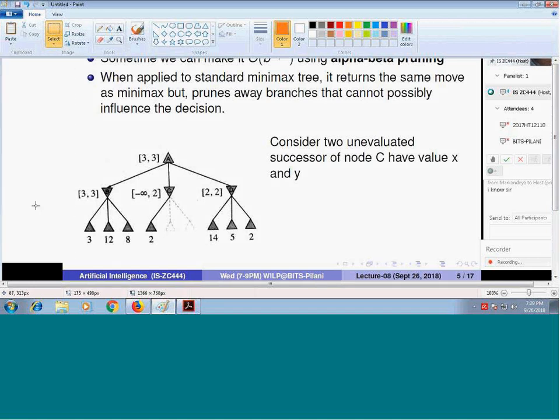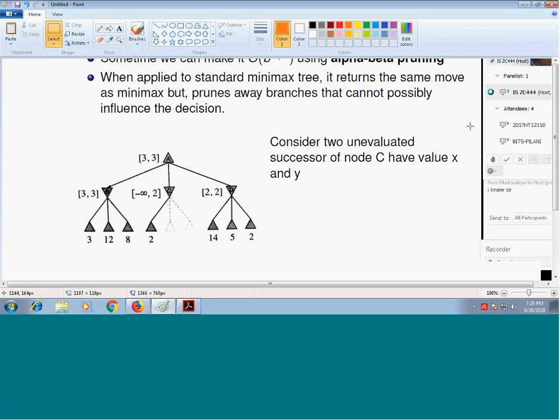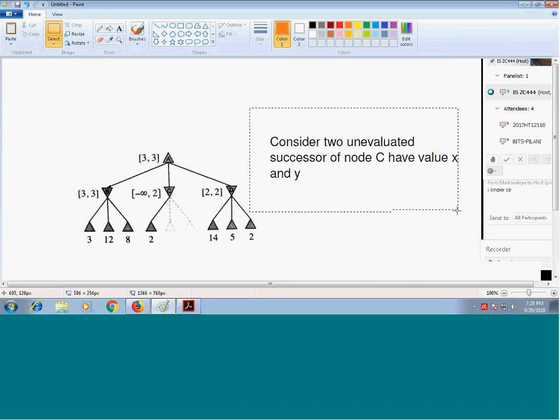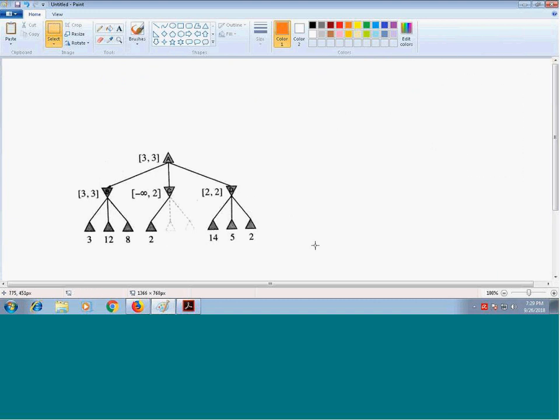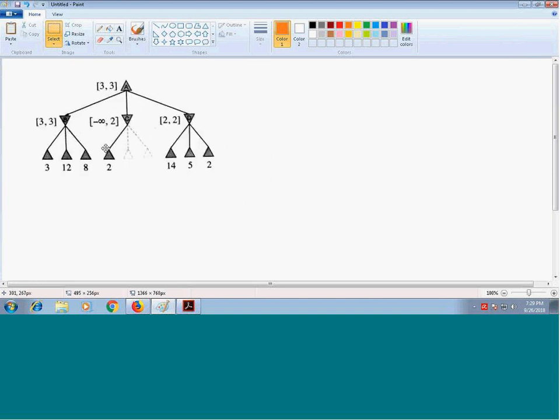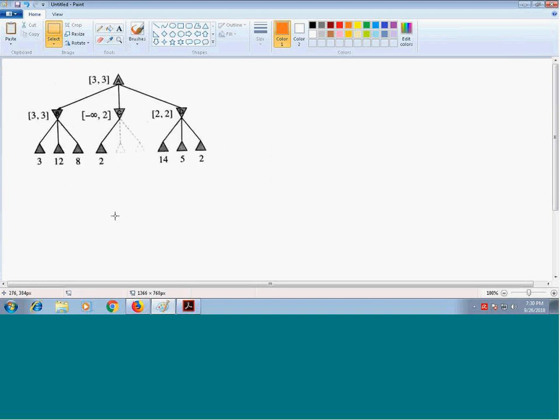So what we want to discuss is that, given this particular tree, okay, this is given to us, how can we find out... Let's say that we are in this scenario. Don't worry about what these numbers are. Just view that we want to find out, at this point, what action we should take.